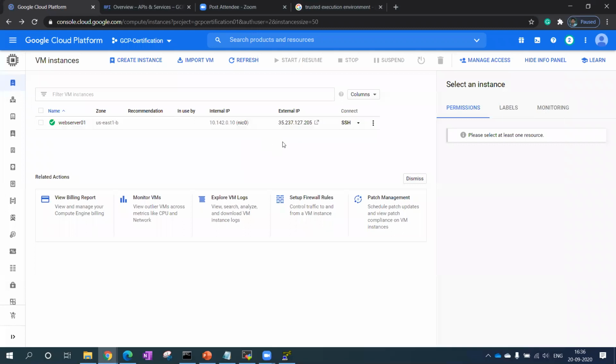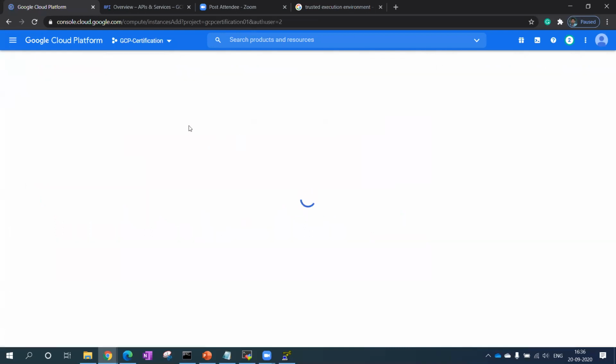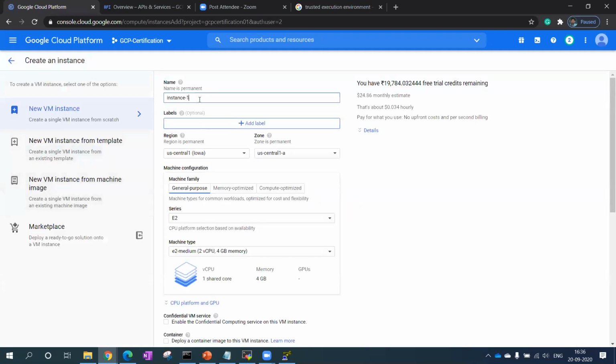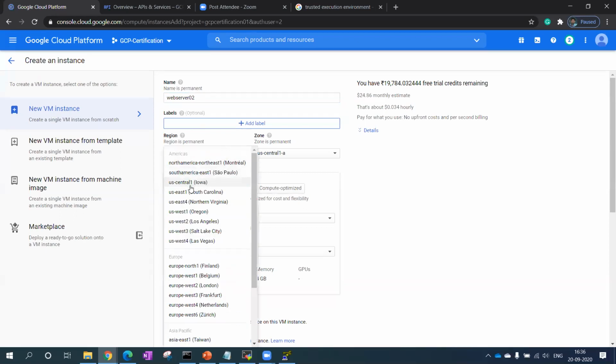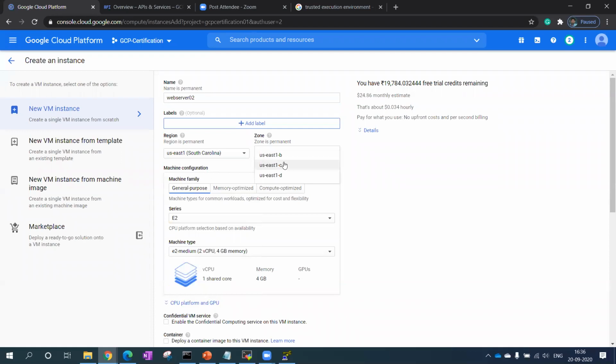Now, one more thing I want to show to you guys. Let me create one more instance. I will take it as web server 02. I want to show you the startup script part.